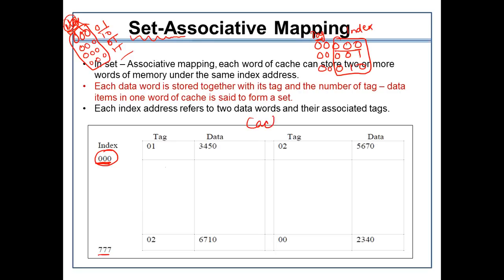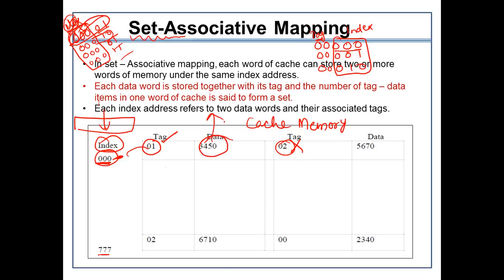So this is the cache memory. And how have we located the data? We will be searching the data in the argument register only through the index value. And when we search that index value, we will look for the corresponding tag that we are looking for. Let's suppose 000 and 01 is the data that I am looking for. So at this address, the 01 tag is there. I need not refer to this other value. So directly the data 3450 will be taken out from the cache memory and will be used by the CPU for further referencing.